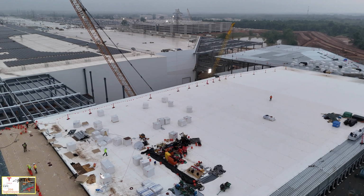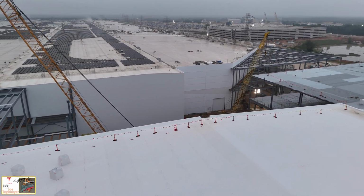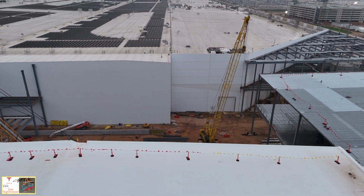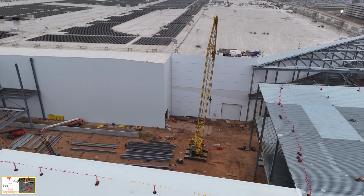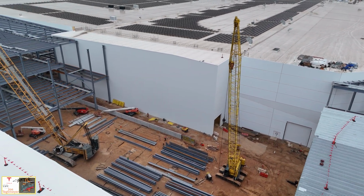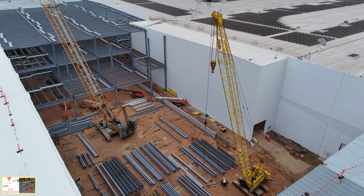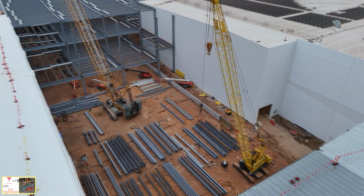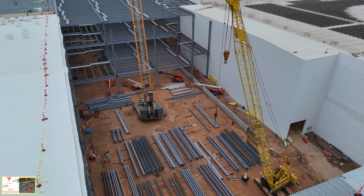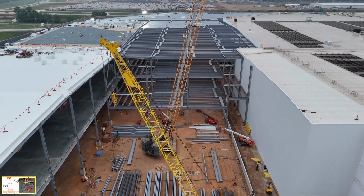The crane is active today, and they're moving more of the steel to continue this assembly of this open middle section. More than halfway completed now, and more of the steel on the ground waiting for its turn to be installed. But this is a good look into what is the remaining open section, the steel assembly where the crane is working right now, the stamping 2 extension, and how that is now starting to be joined with